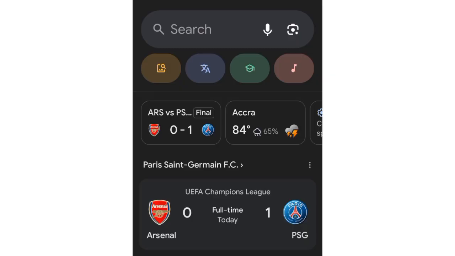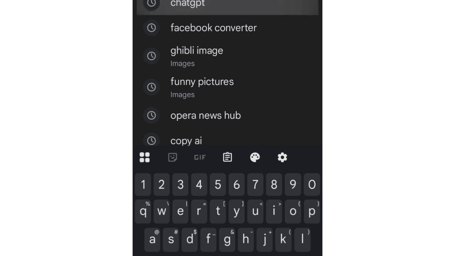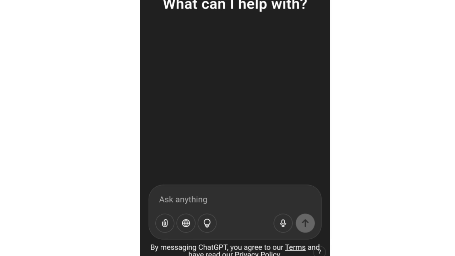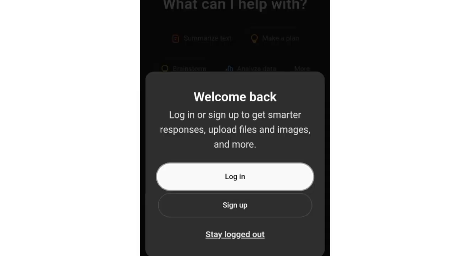How to create an account in ChatGPT. You go to your browser and search for ChatGPT, and then you click on the first link. Once it's open, then you click on the sign up button that pops up. So if you have an account already, that's where you click on the login, but here you click on sign up,